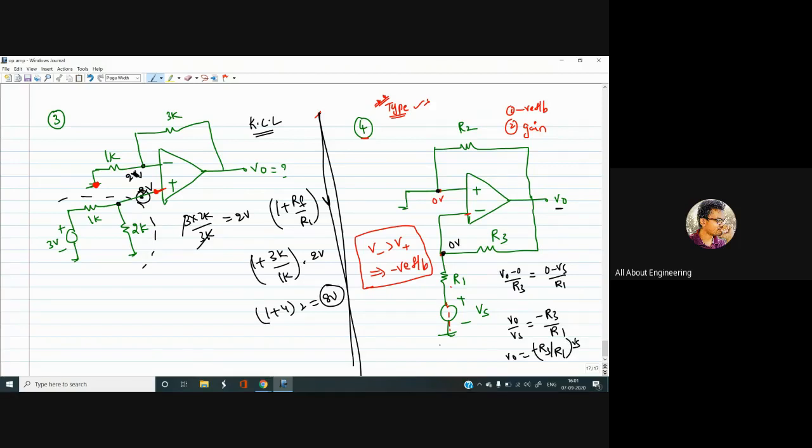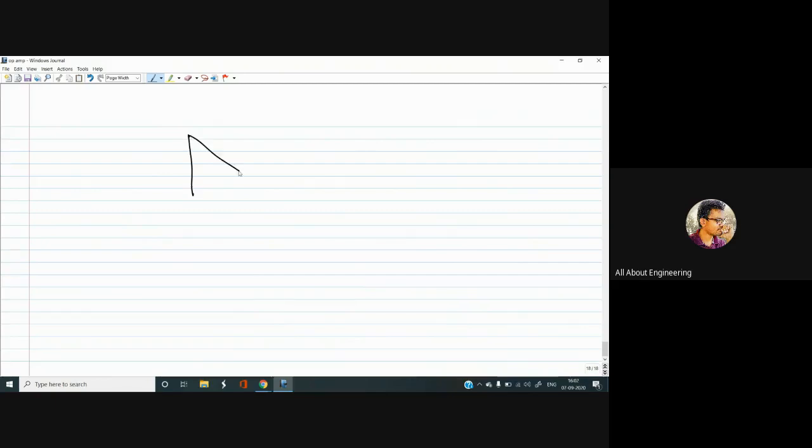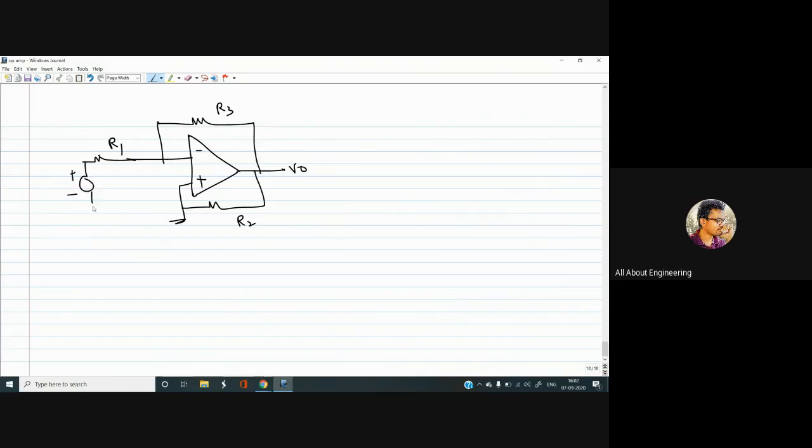Or you can redraw the circuit like this. You can redraw the same circuit like this. So that's why I told you not to get confused with the polarities that I usually prefer. I might confuse you, but you should not get confused. So I gave this, but that doesn't affect your circuit. Okay, here R3 is given, and here R1 is given with Vs connected like this. So now look at the same circuit in a different fashion.